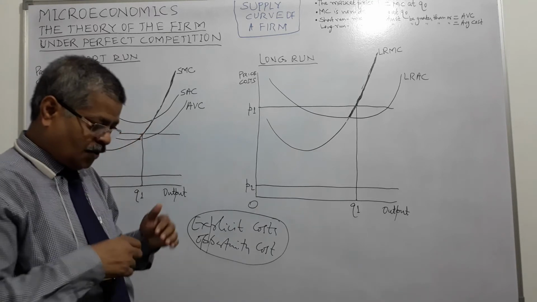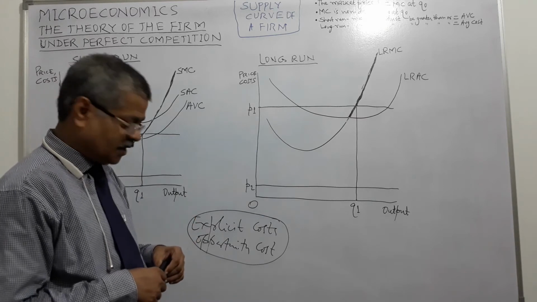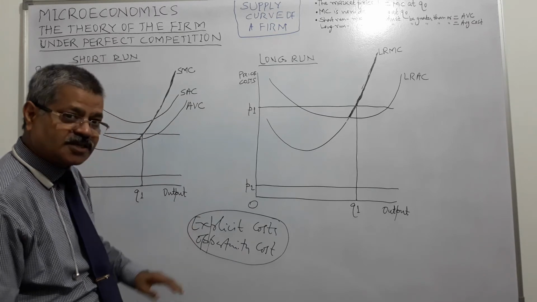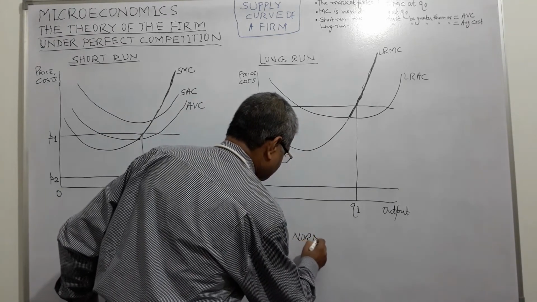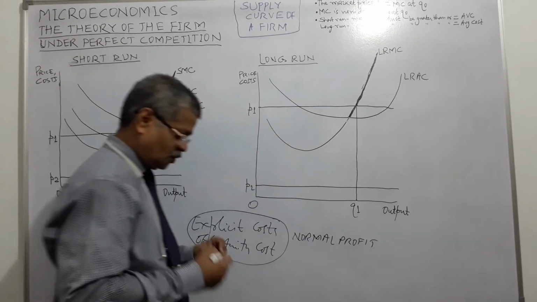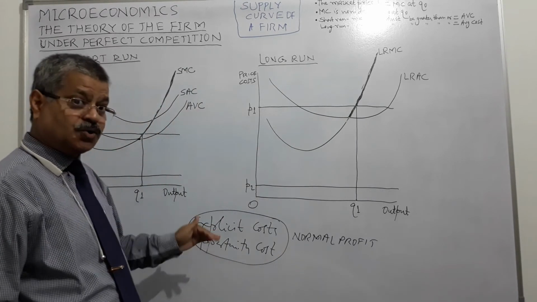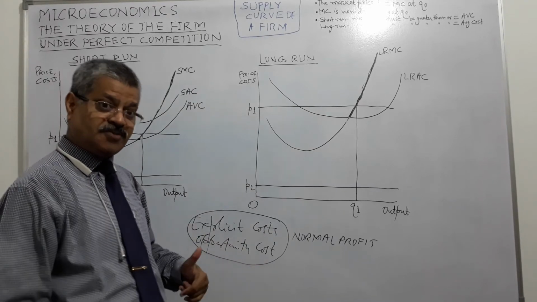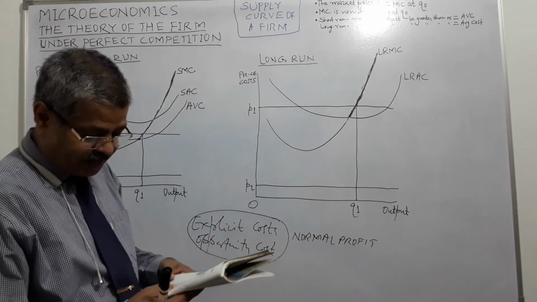So, when I am doing some level of business, level of output, level of production, where I am able to recover both these expenses, that is called normal profit. Right? Normal profit. If as a firm I am able to recover explicit costs as well as opportunity costs from my business, that is called normal profit. Right? We can say it like this.